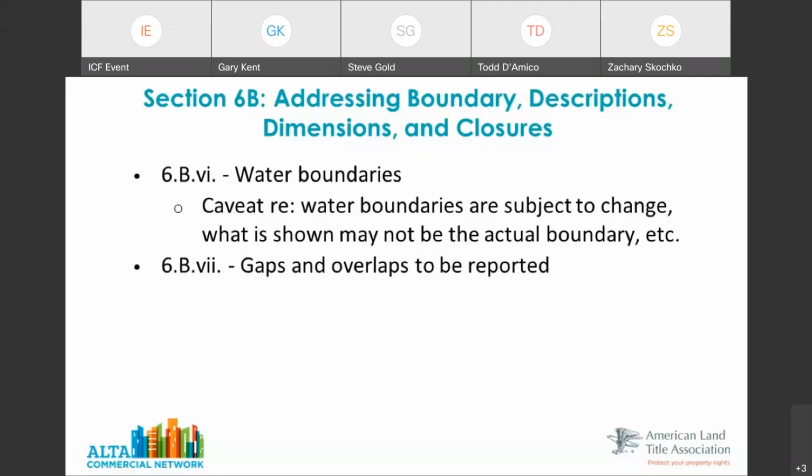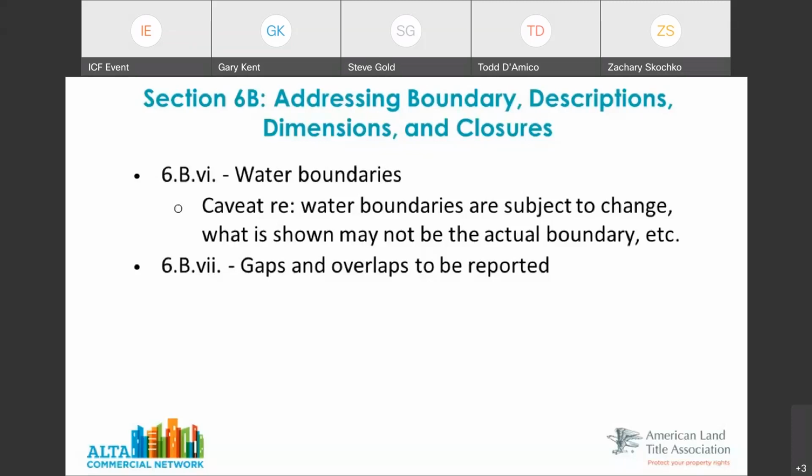On 6B7, surveyors are required to identify the gaps and overlaps that may be taking place either on the perimeter boundary of a parcel, or if it's a survey that involves more than one parcel. We're surveying 3 parcels that are going to be combined into one. We need to be showing those relationships interior to those 3 parcels. Obviously, overlaps aren't that important interior. They're probably going to pay 2 parties for the same 1 foot. But if that's a 1 foot gap, that could be a huge concern to a bunch of people.